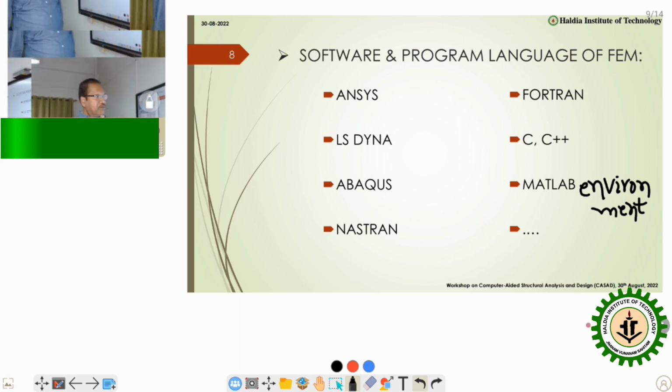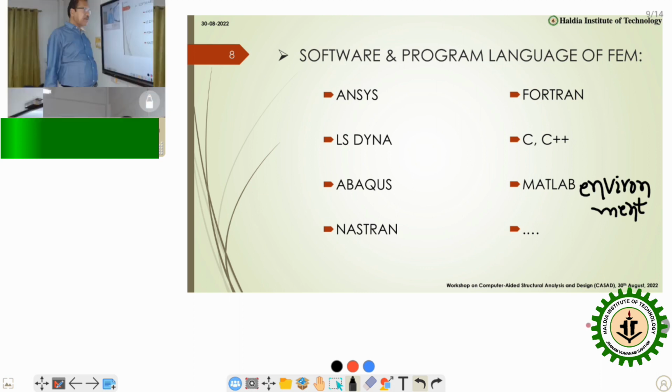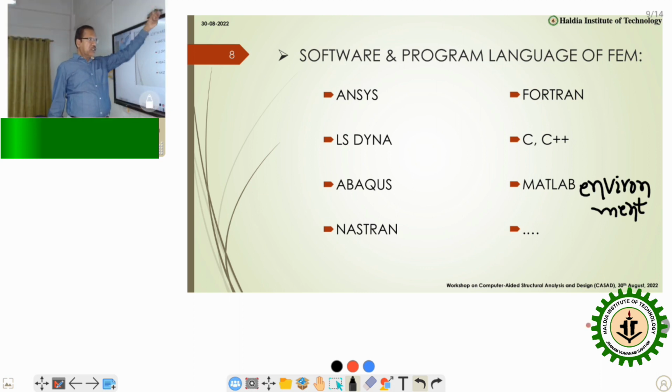MATLAB is basically an abbreviation of matrix laboratory. It is not a compiler like C or Fortran; it doesn't have a compiler of its own. It borrows things from the C language. What happens in MATLAB is that most of the functions, like inversion and transpose of a matrix, are coded or inbuilt in MATLAB itself. So just by giving some small command, suppose, for example,